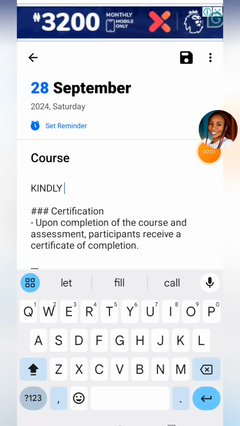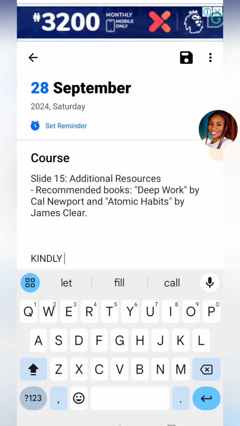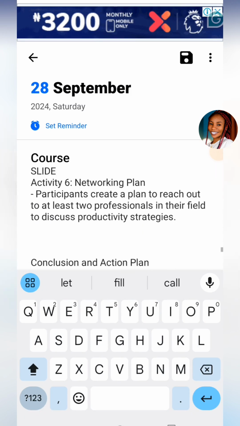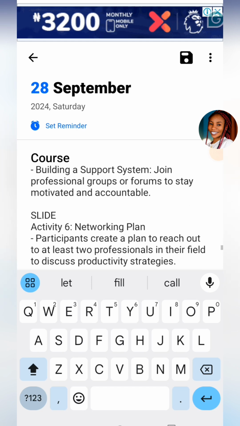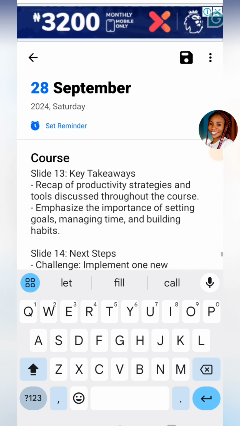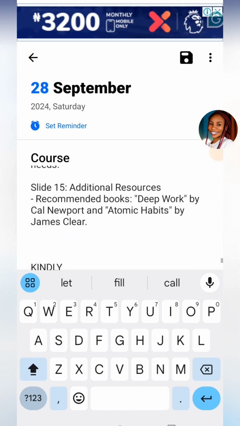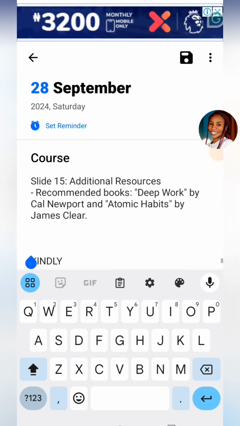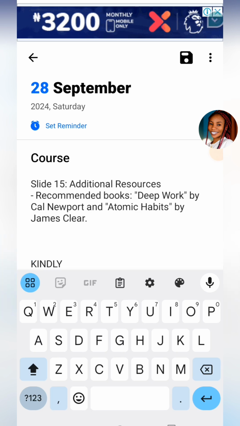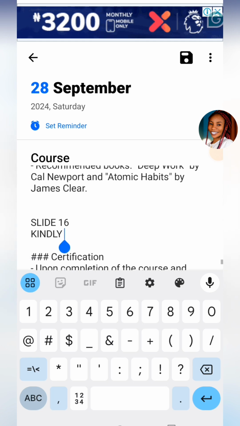So I am done editing and putting all my slides together. Okay, so I'm going to drop in the particular things I typed that gave me each slide. So it provided slides itself, so it had slide 1, slide 2, slide 3 down to slide 15. Okay, so I'm going to add in an additional slide at the end of every course. I'm going to ensure that where I have my additional resources after it, I'm just going to put in another slide, slide 16, where I'll tell people that